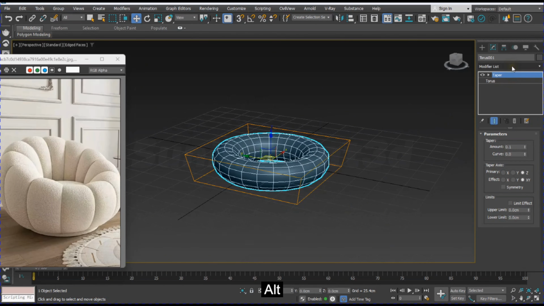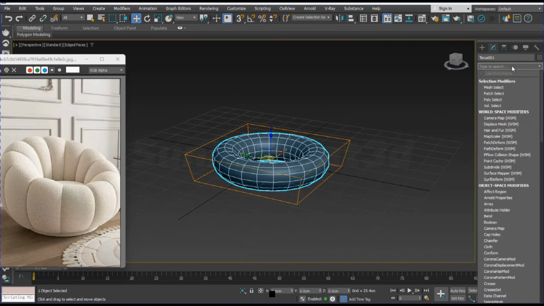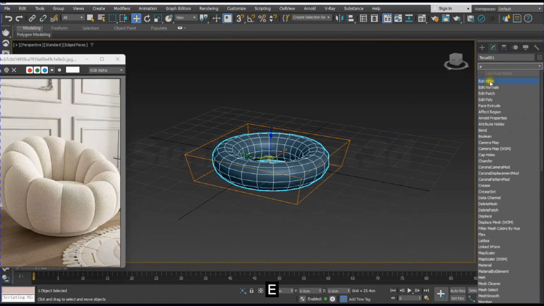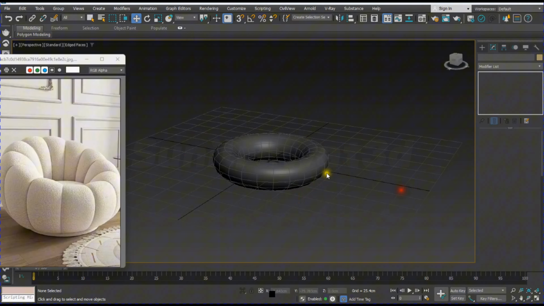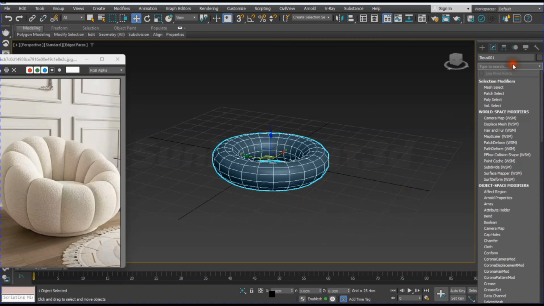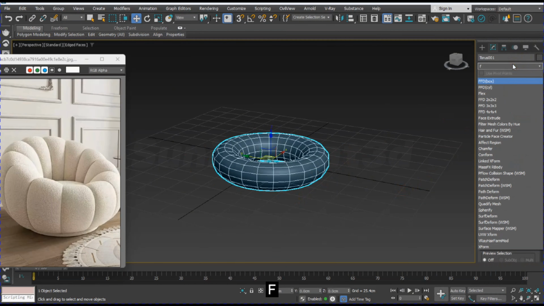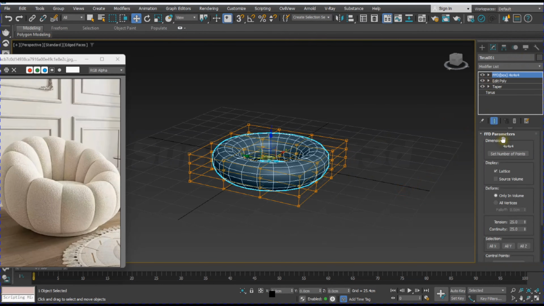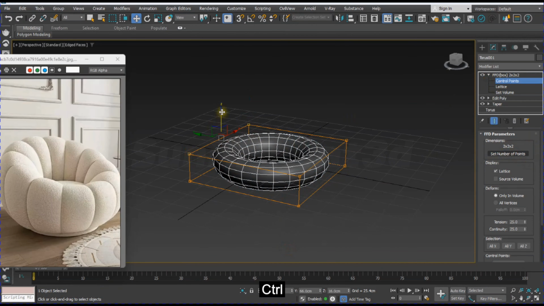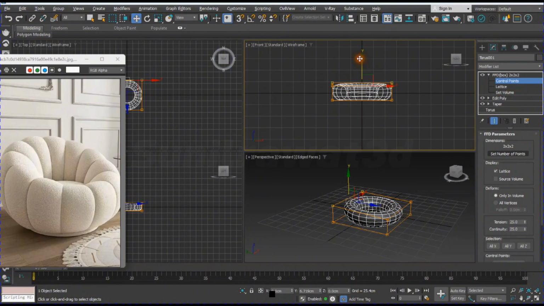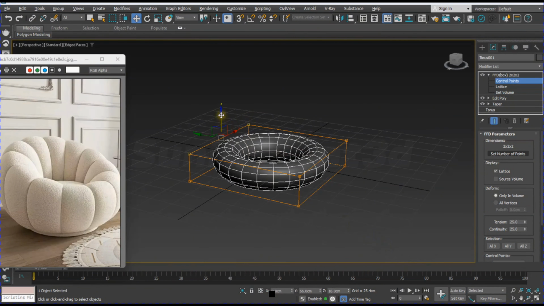Now we'll give it an edit poly modifier so that the taper modifier merges on it just like this. Now we'll move to the FFD modifier and adjust the control points of FFD. Now we have given the value 2 by 2 from all sides to the FFD modifier. Now select these 2 points and we will move them up just like this, as you can see